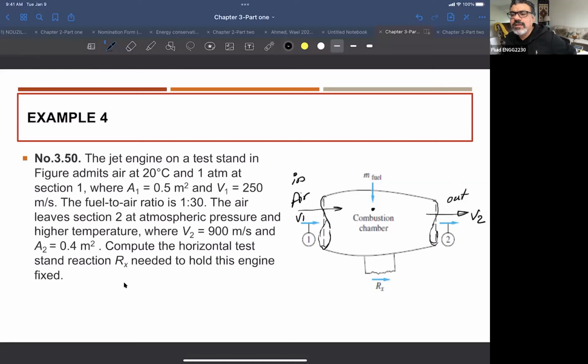What I'm doing inside the engine, what I'm burning inside the engine. Lots of combustion, right? Temperature is very, very high, right? So what's going to happen to the flow rate? The gas that you are heating, you increase the temperature of this gas by so much. What's going to happen to this